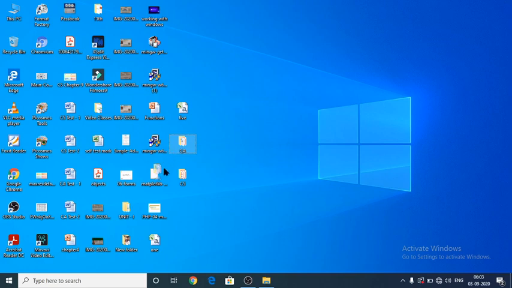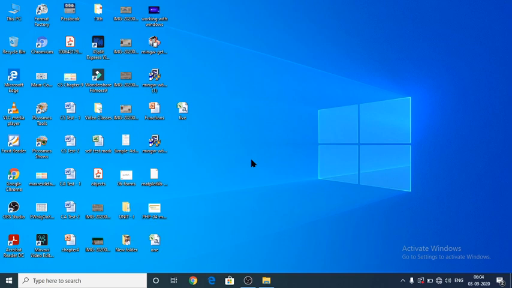See here, it will not be available there. Here you have to select, and afterwards you have to press the left mouse button. Without releasing the left mouse button, you have to drag and drop into the destination folder. Okay, this is the second method.